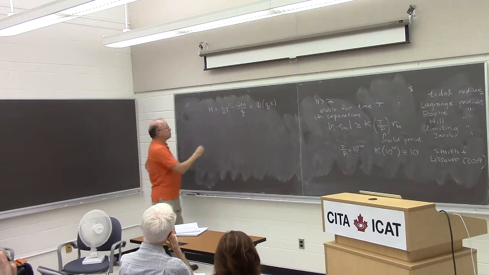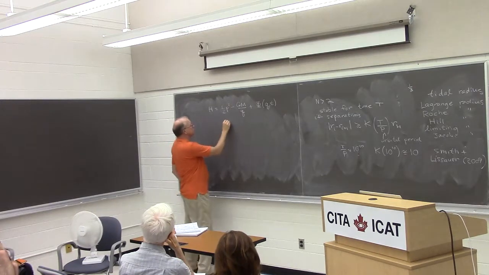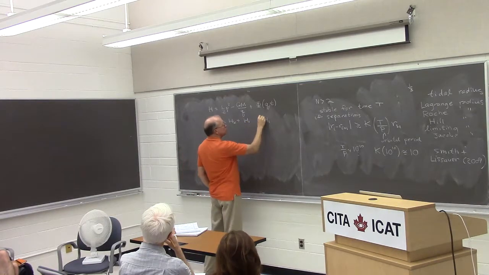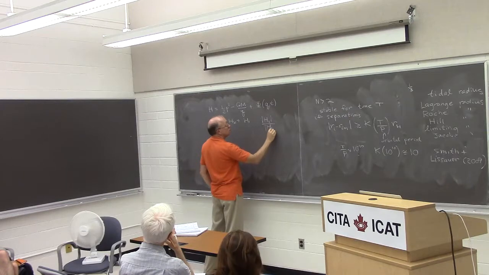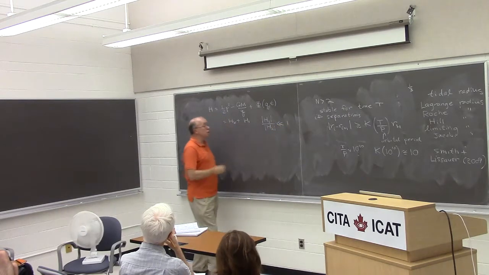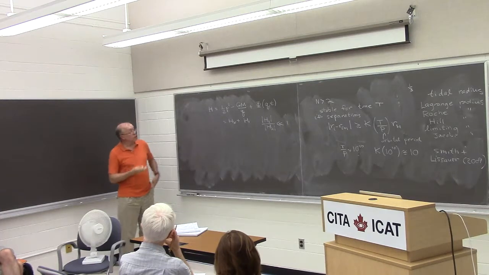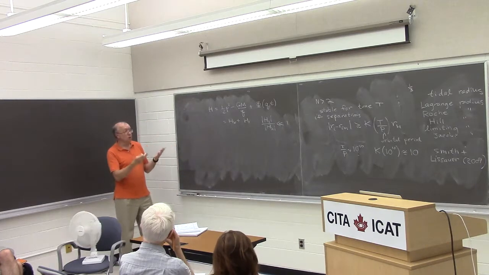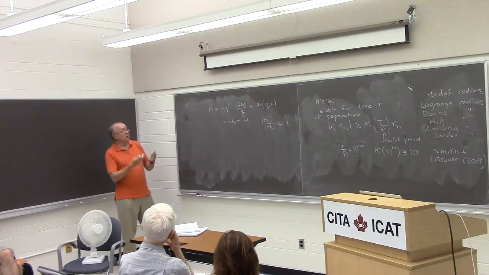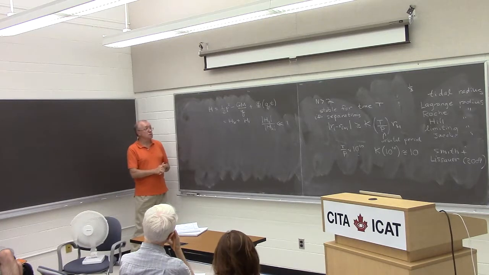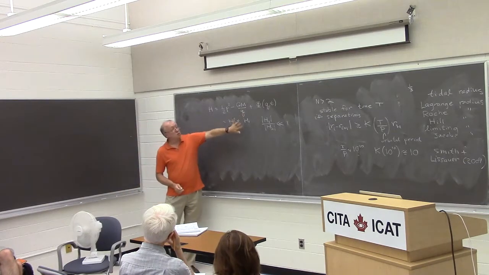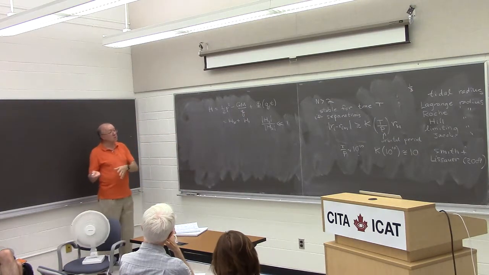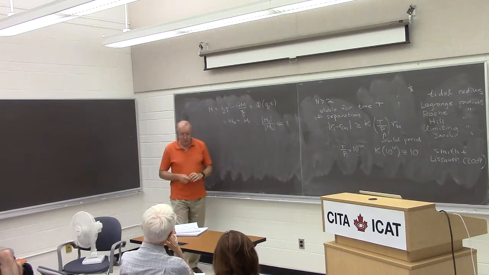You of course write this as a Kepler potential plus a perturbing potential. The assumption is that the perturbing potential is small, and you'd like to know what its effect on the Kepler orbit is. This is done by perturbation theory. In fact, this is the problem for which perturbation theory was invented. If we were living in the 18th or 19th century, most of physics and astronomy was solving this problem. And all the people who are working on string theory now would have been working on this problem back then.